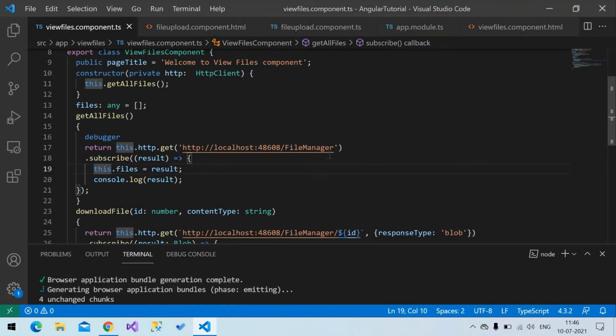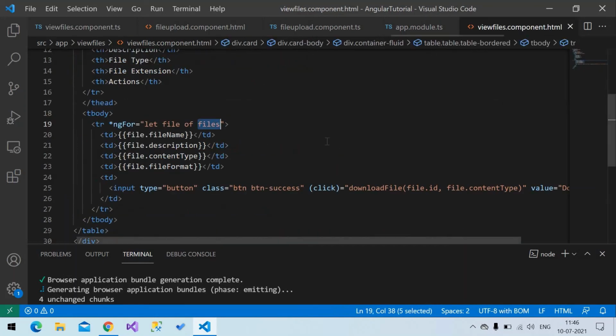Here I am calling the Web API get method, which gives me all the uploaded files. Then I am storing the response into my local files object, which is of type any. Then I'm looping through that files array and displaying each file's information.